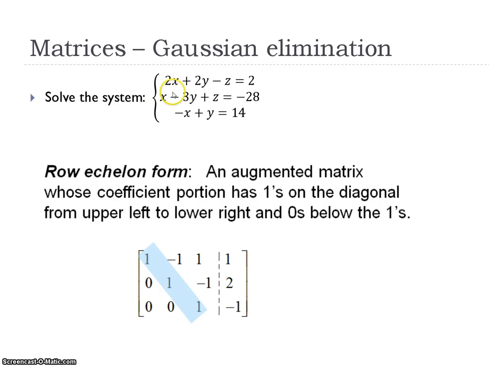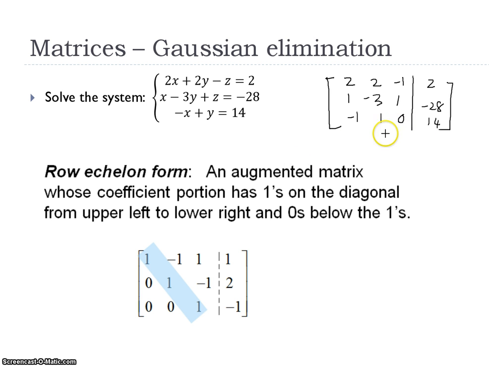In this example, we will learn how to use the Gaussian elimination method to solve the system of equations. First, we would like to write the system into the augmented matrix. You will observe that the third equation actually doesn't have z, so we just write the coefficient of z as